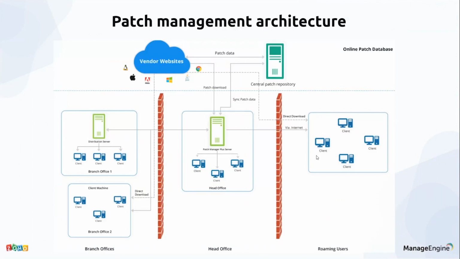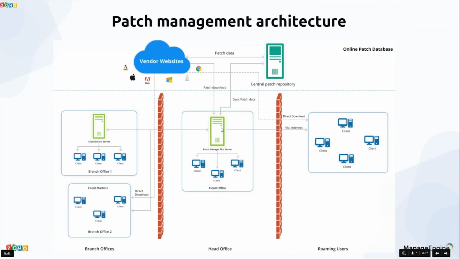Let us also have an overview of patch management architecture. Whenever a patch is released, it is made available on the vendor sites. Our crawler team continuously probes the internet to draw the vulnerability information from the vendor sites. Once the download is completed, the patches will be tested in our local environment, mainly to check the successful installation. Compatibility and applicability checks are also done, after which the updates will be published to the central patch repository.